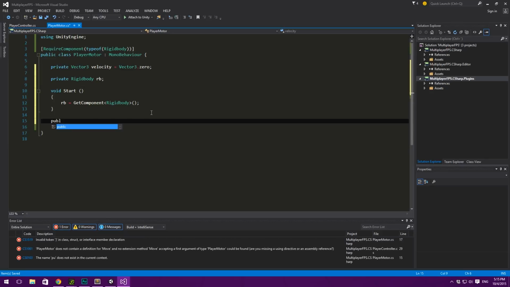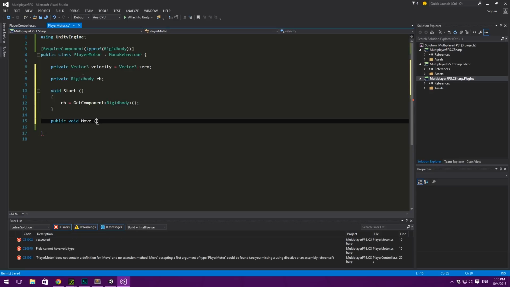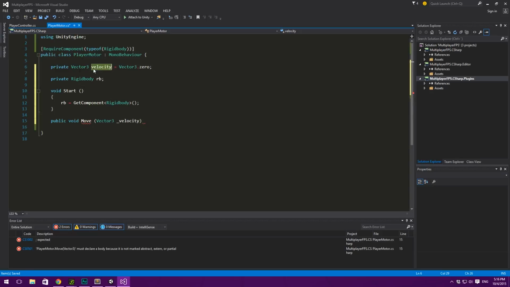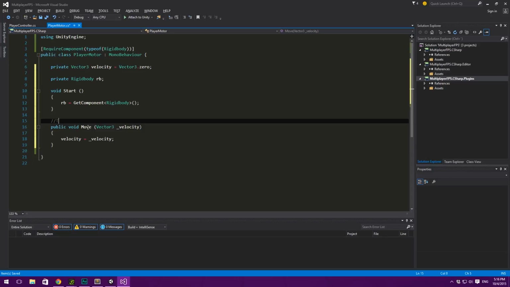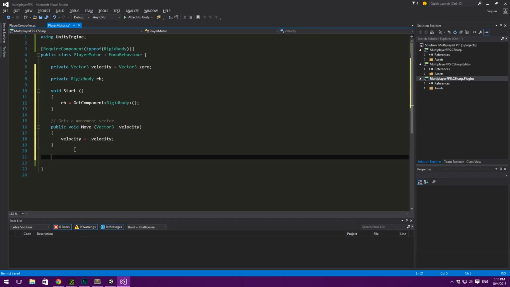So the method that we want to control this variable is simply going to be called Move, and it takes in a Vector3 _velocity. I'm using the underscore here, and this is why it's important, because we want to differentiate between this velocity and this velocity. And then we simply say that we want velocity to be equal to the velocity passed in. So this here gets a movement vector, and then we want to have a fixed update loop, void FixedUpdate,